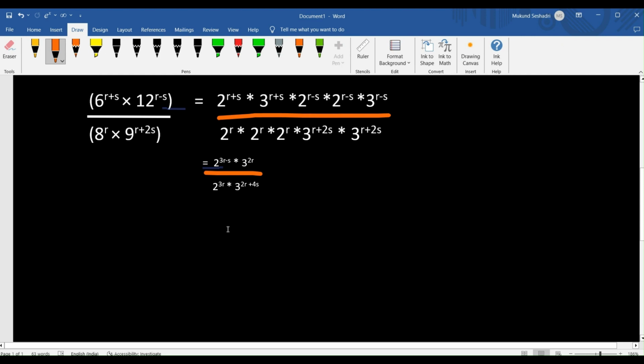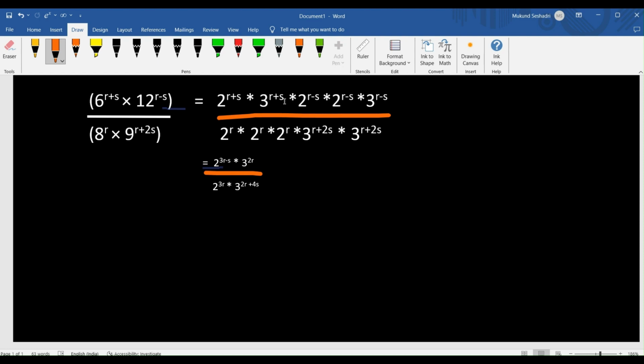So let's review this once again. I have 2 to the power r plus s into 2 to the power r minus s into 2 to the power r minus s, right? And all that I'm doing is using the formula 2 to the power a into 2 to the power b is equal to 2 to the power a plus b, which makes it 2 to the power 3r minus s for the 2 part